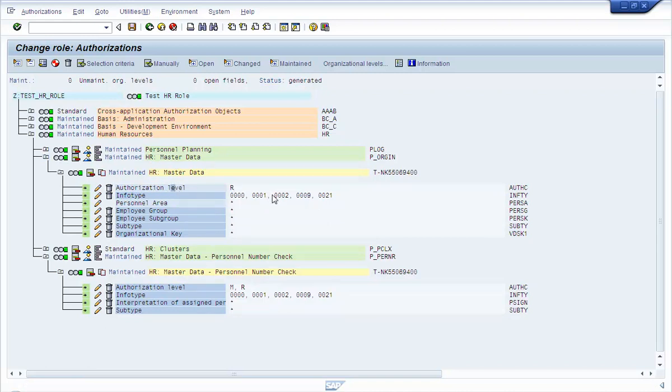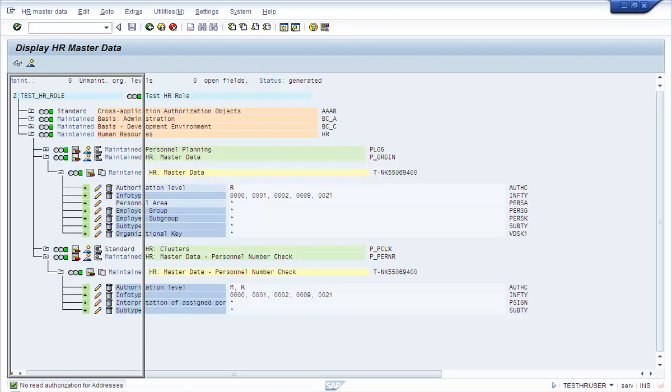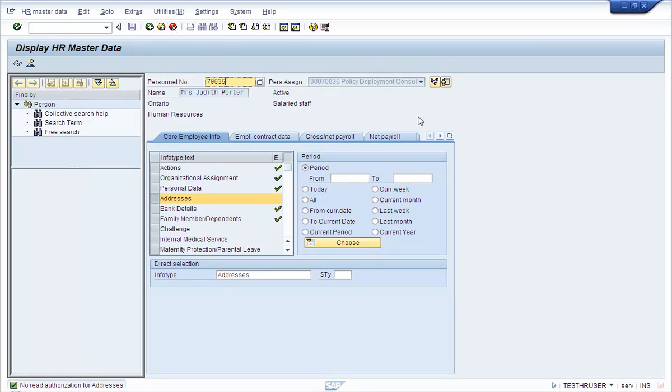So for info type 6, the user doesn't have the read access because info type 6 is not available in this list. So if you go to 53 now, it's the same thing. For this user, the user does not have access to info type 6.